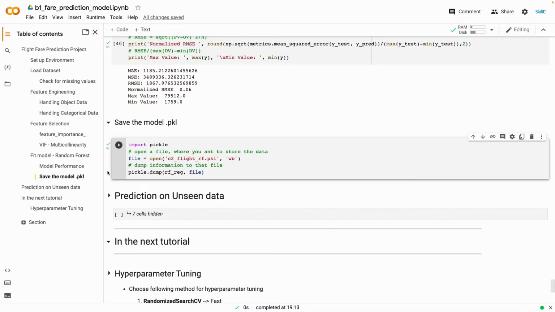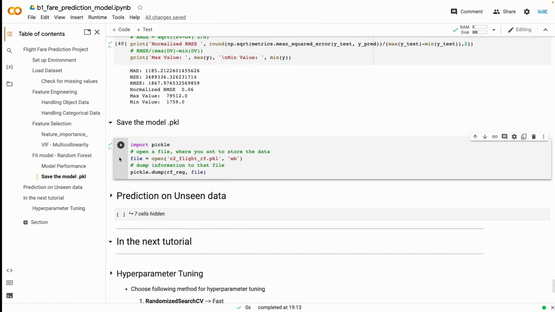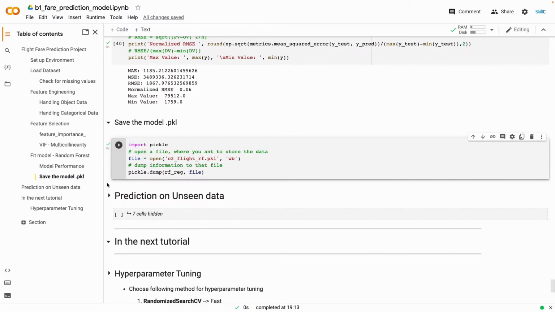Now, just to give you a first-hand sense on what it takes for us to use our model for prediction on fresh unseen data, I have prepared this separate unseen dataset file. This unseen dataset has around 700 observations along with price labels. Let's use our newly built model now to make predictions on these unseen observations. For this, I have written this next section